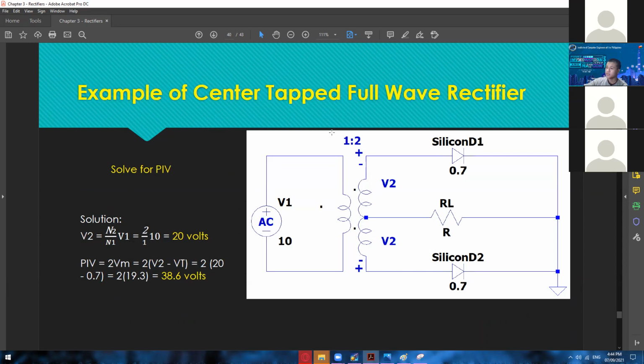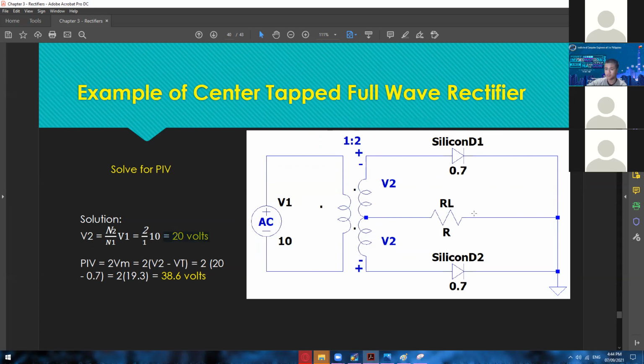Okay, so in here, take a look at this one. From here, you already know what will happen. We have a 1:2. We have one inductor right here, but we have two inductors on the secondary winding. In other words, the more windings, the more inductors, the more it can increase the voltage input. So from 1, which is 10, it will be doubled, which will give us a 20-volt result for the